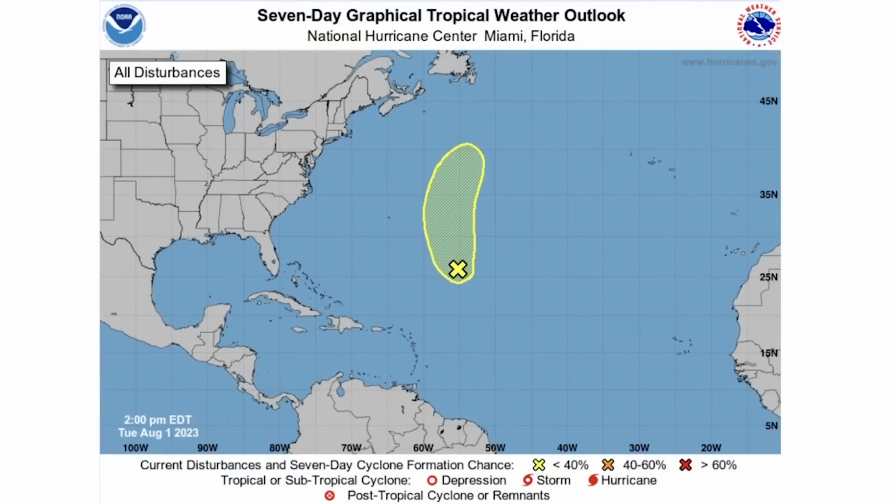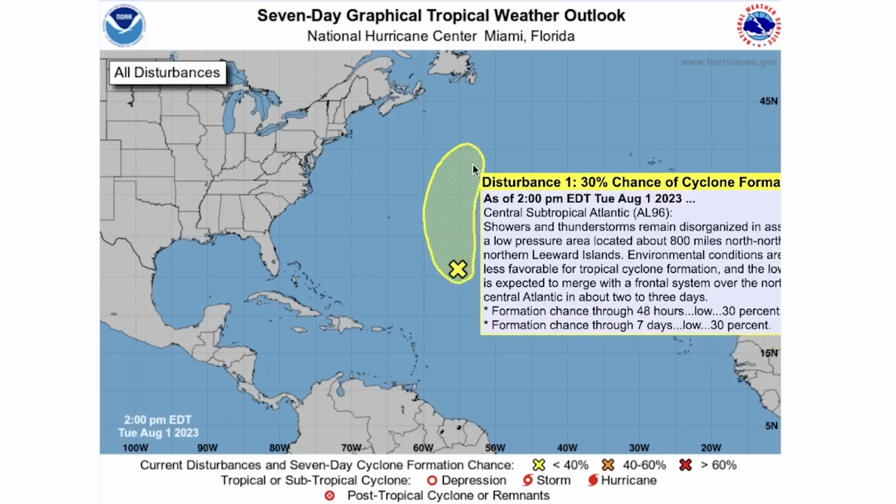In today's video, we're going to be taking a look here at the tropics as well as diving into the modeled guidance. As you can see here on the tropics, we have seen things significantly die down, which is a huge surprise. As you can see, we've lost the system that was on the very western end. We have now seen this system on the eastern end significantly back off as far as chances of development,